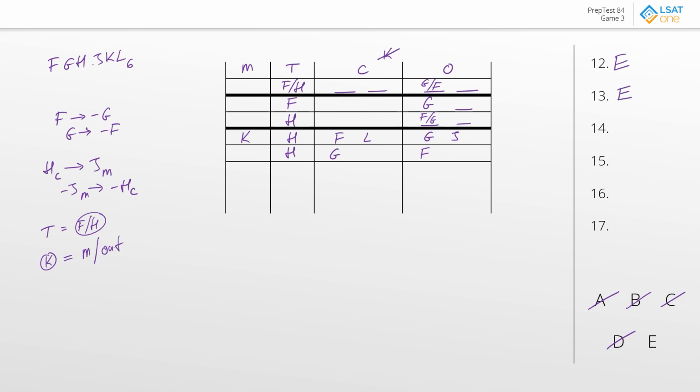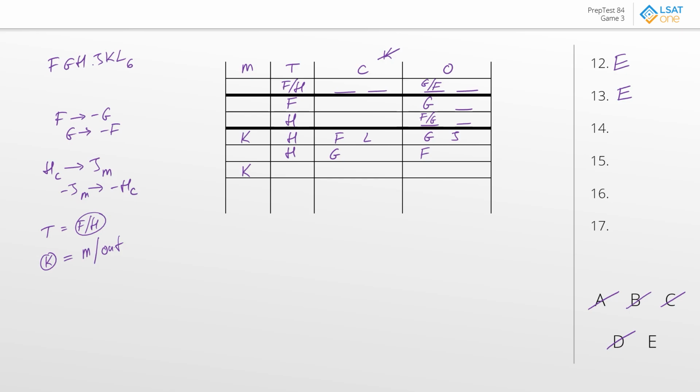Next. Now, 14 and 15 are global. We'll come back to these in a moment. Let's take a look at number 16. So number 16 says, if K is one of the nominees, well, let's take a look. If K is one of the nominees, first of all, we know that his only option is to be a mayor, so we can lock him in place over there. Now, if that were the case, does that do anything further? I mean, first of all, it's worth noting, it's consistent with both of our exhaustions, right?